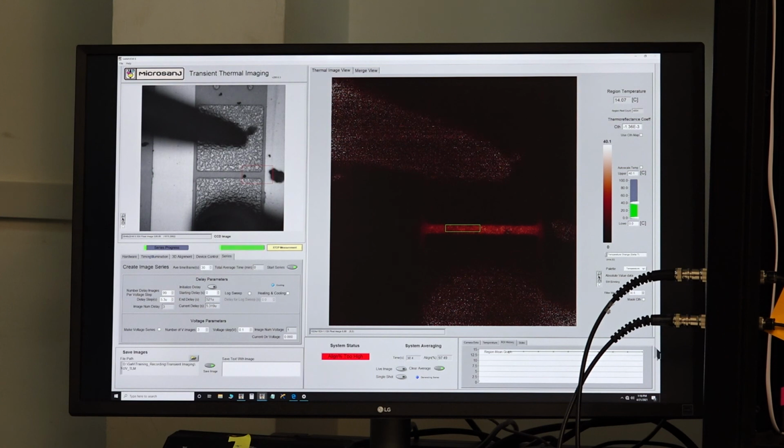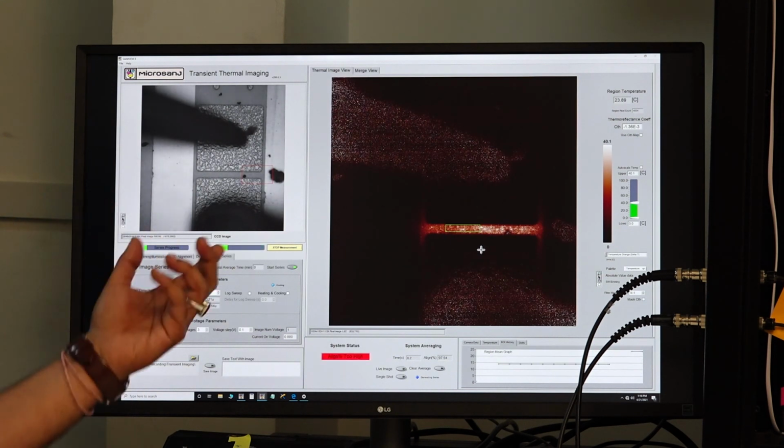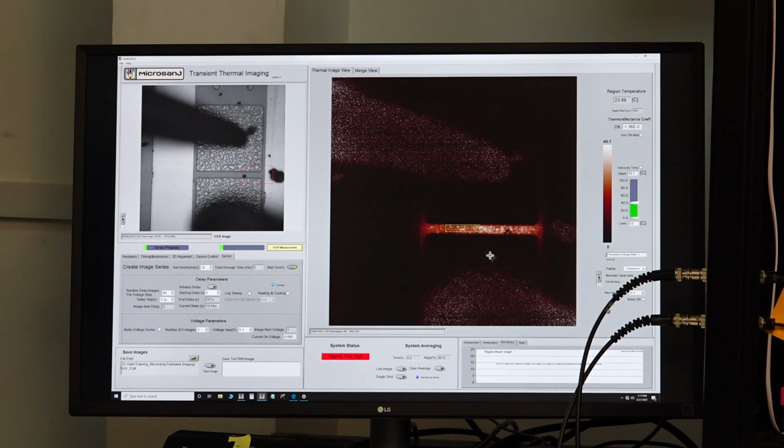The larger the number of these points, the better would be the transient. So this is going to continue until we cover the whole pulse width. Now see, we have moved to the next point, 10 microseconds, and the device is heated further. This is again reflected by this graph that the temperature is rising. This is very helpful where we want to monitor how fast a particular region is getting heated. And if we can model this data, then we can get an understanding of the thermal resistances of the stacks present below the active region. And we can then optimize the stacks for better thermal management.